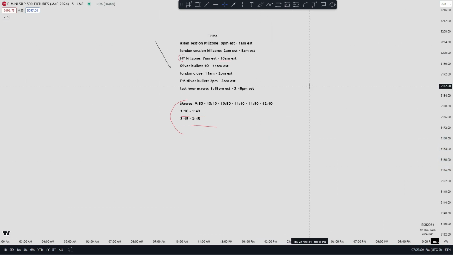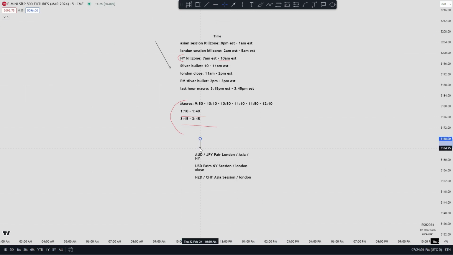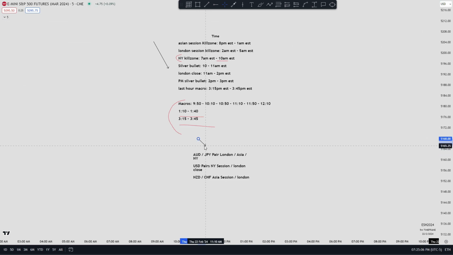I hope I was able to explain that in a way you guys can understand from the job and rush hour perspective. What's important that you take note of is that you trade during the optimal times based on the pairs that you're trading. If you're trading AUD and JPY pairs, these pairs move primarily during the London session and the Asia session, and sometimes you could catch a move during the New York session. So when you are trading pairs that have these currencies in them, it's important that you trade during these optimal times, which is up here for the Asia session kill zone, the London session kill zone, and the New York kill zone right here as well.